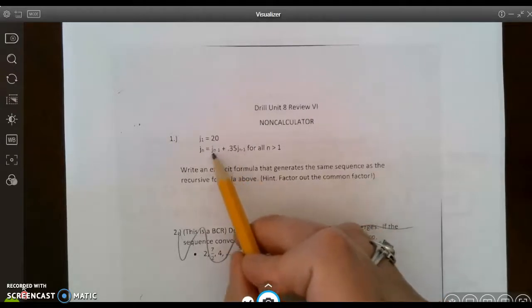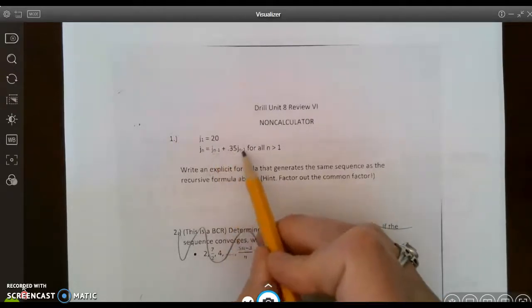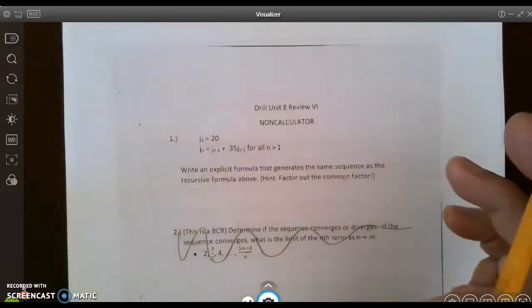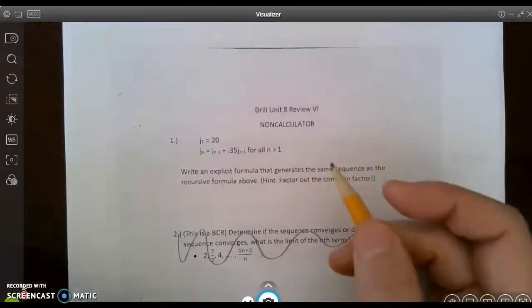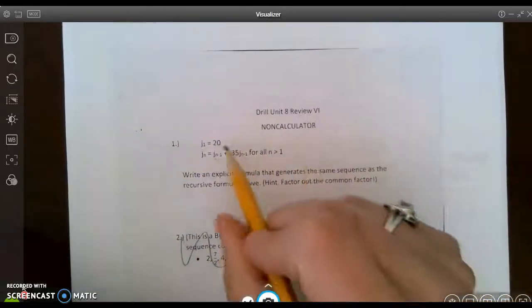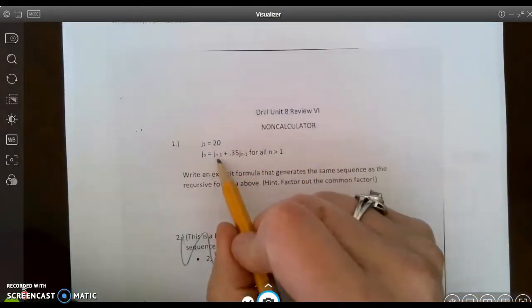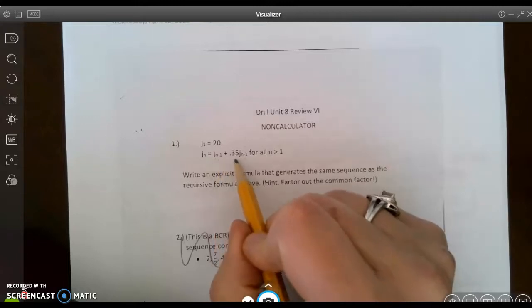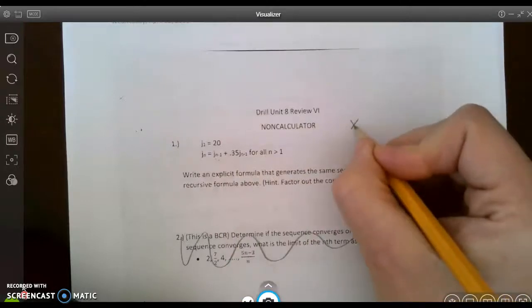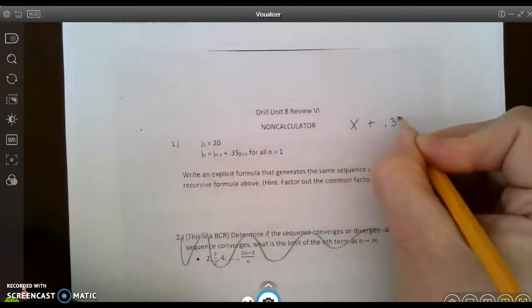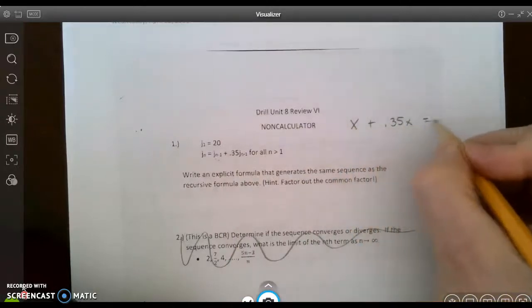We've never seen this where we have the previous term written twice. So think of it two different ways. It really depends on which way makes more sense to you. You can think of j sub n minus 1 and 0.35 j sub n minus 1. Think of them as like terms, kind of like having x plus 0.35x. That would give you